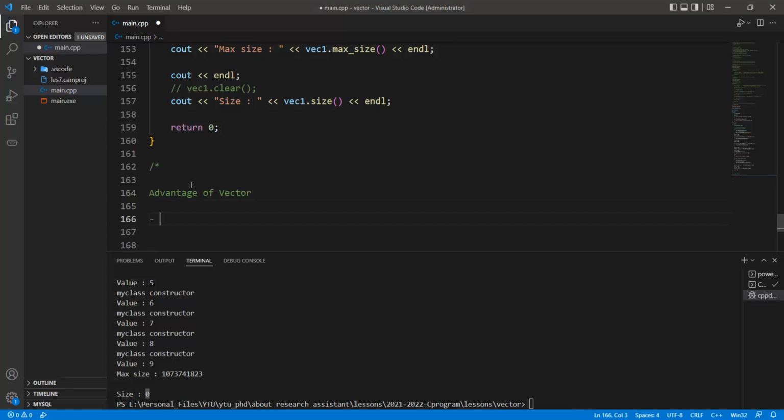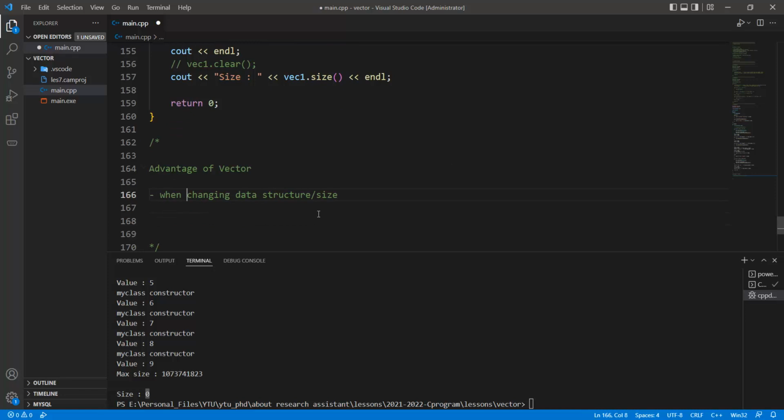And so changing data structure or size is implemented. This is a huge advantage of these things, because we cannot store every element in the static arrays